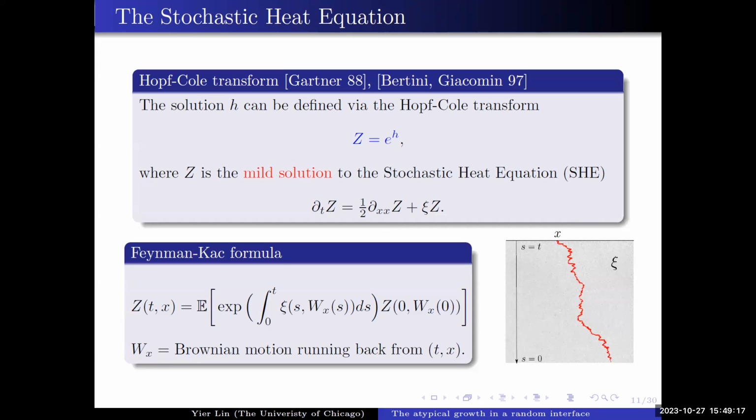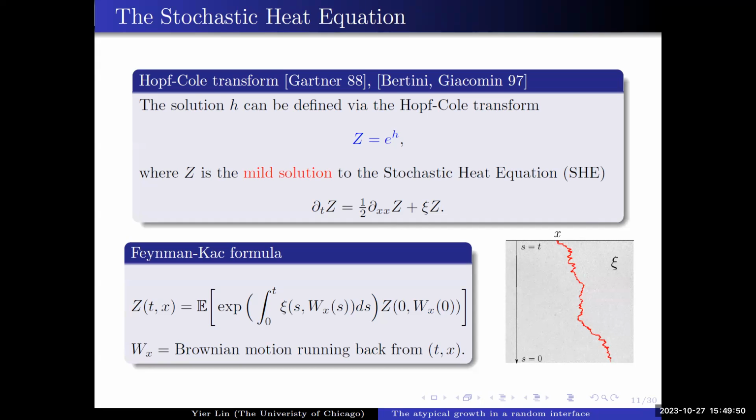Of course, when you look at the stochastic heat equation, you start it from some initial data at time 0. So you pick up some value on the initial data and then also pick up some value from the noise, compute the expectation. You need to notice that this expectation is only acting on the Brownian motion, so the randomness of C is still there. That's how we define the partition function of some directed polymer. And in that language, when you take the logarithm, H becomes the free energy of the polymer model.